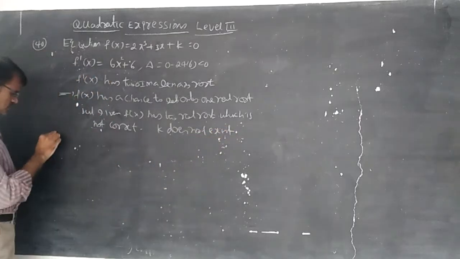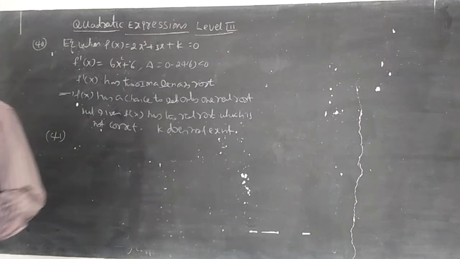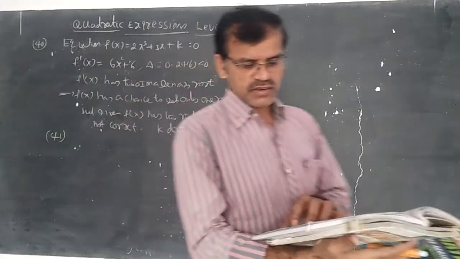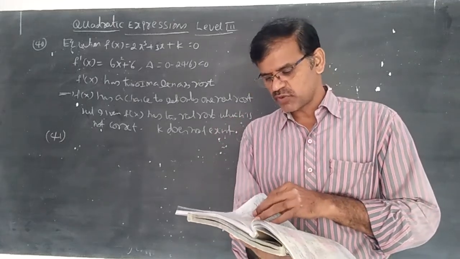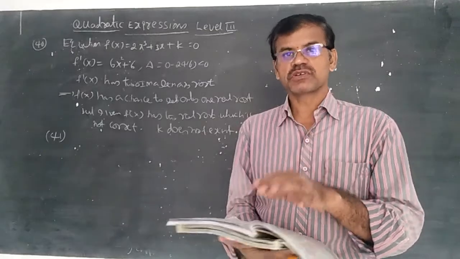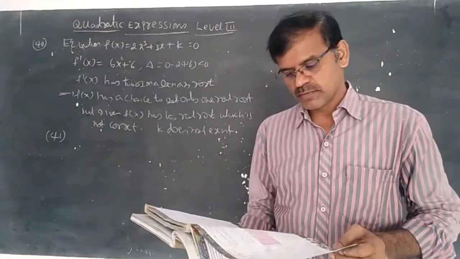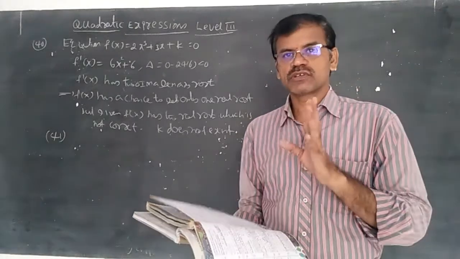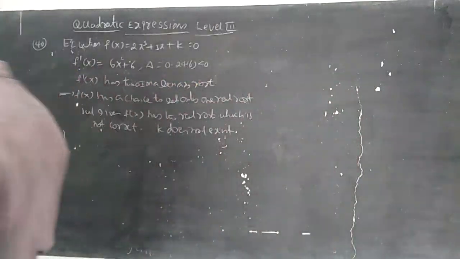K does not exist. Now, question 40. I got K does not exist. I am sure that it is right, the fourth option, but in our material question 40 is given as the first option. It is also wrong, students. In the old material it is the fourth option. Yes, question 40 has the fourth option. It is right. Now let us discuss the 41st question.